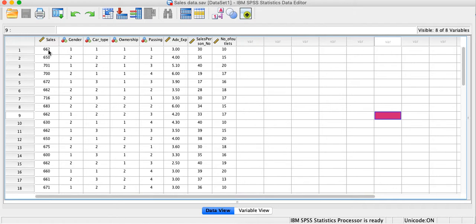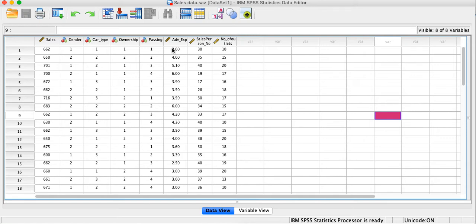Then we have gender, which is a categorical variable. We have car type, again categorical. Then ownership, again categorical, and passing, again categorical. Advertisement expenditure, salesperson, and number of outlets are all continuous variables.